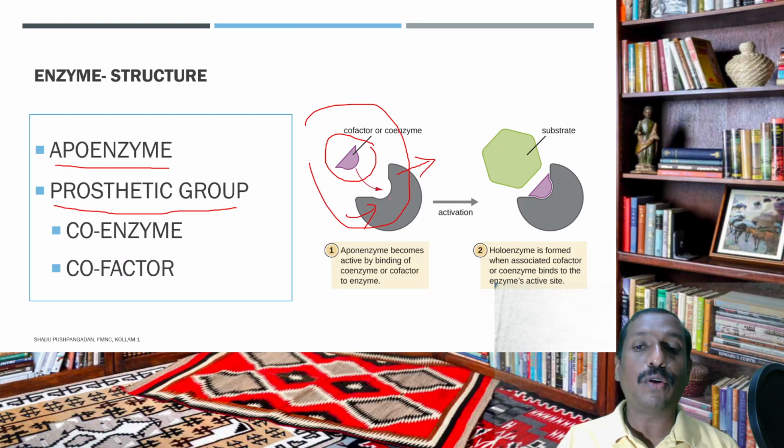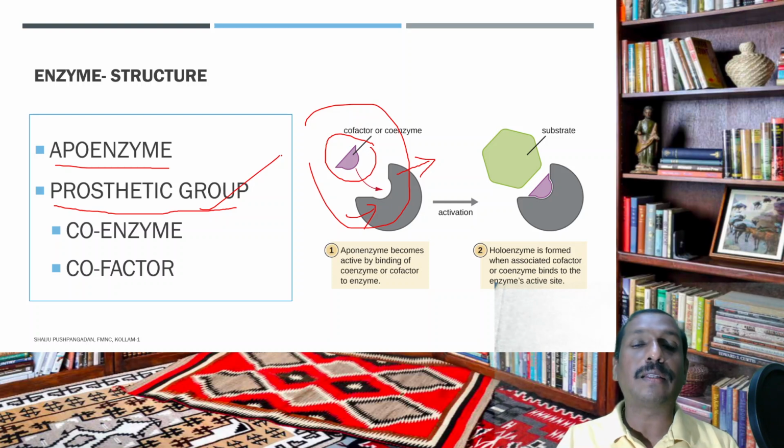But in order to function properly, this protein part may need the association of this non-protein part, and this non-protein part of the enzyme is called prosthetic group. So a functional enzyme may have two components: the major protein core part of the enzyme and a non-protein part. The major protein core part of the enzyme is called apoenzyme,